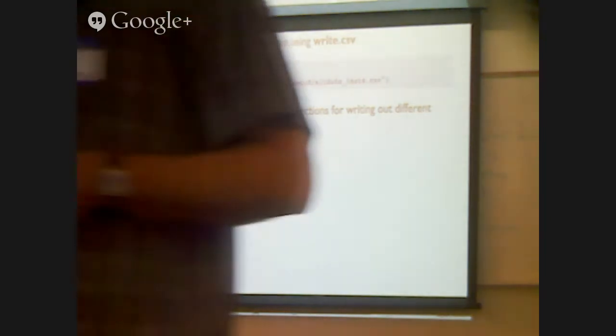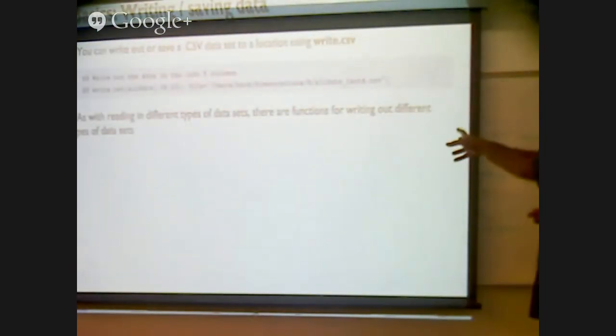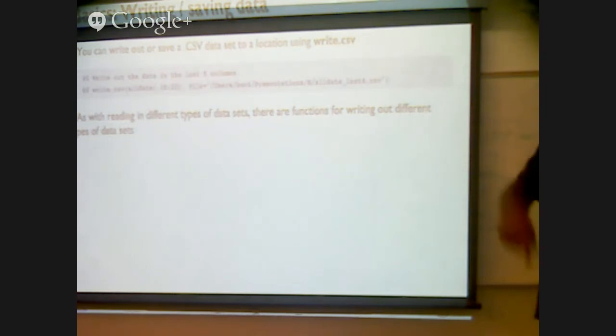All right. Before we get into graphing and statistics, you can write out data with write.csv, the opposite of read.csv. And again, as with reading in, you can write out data sets of different types as well. All right, so now that I'm past some of the base functionality,